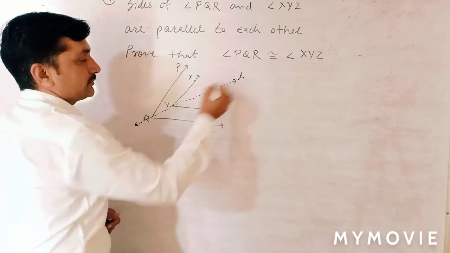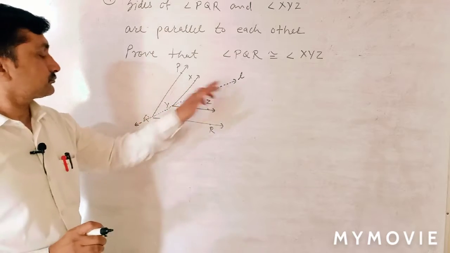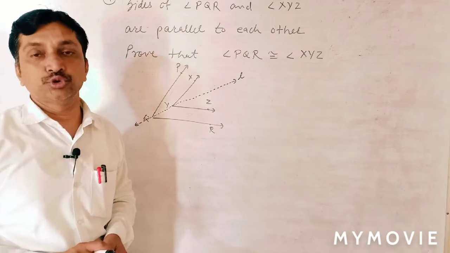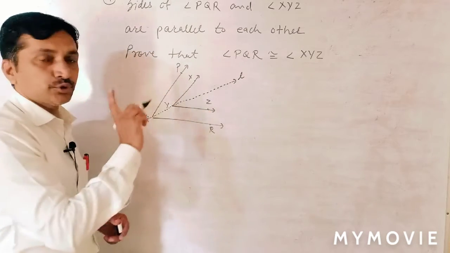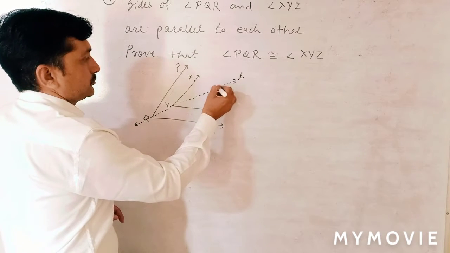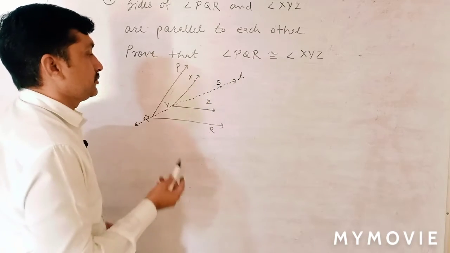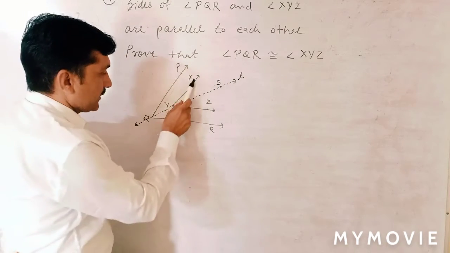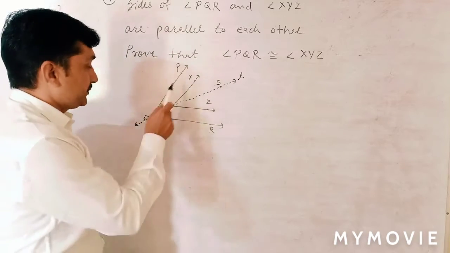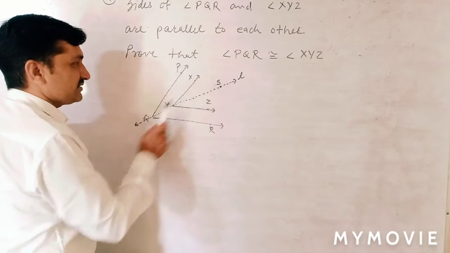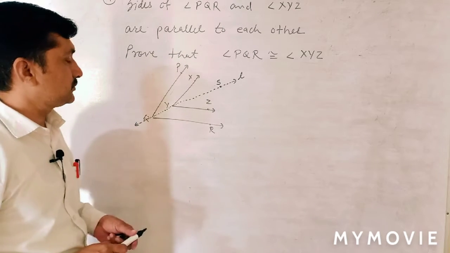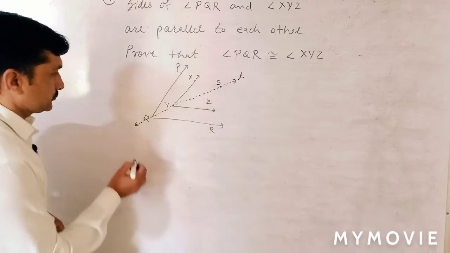Now, line L I write here. Line L is a transversal. And because of that transversal, both the angles are divided into two parts. XYZ is divided into two parts; for that I write one more letter, S. XYZ is divided into XYS and ZYS. PQR is also divided: PQS, RQS. In this way, because of the transversal. And the sides are parallel. Now the solution.